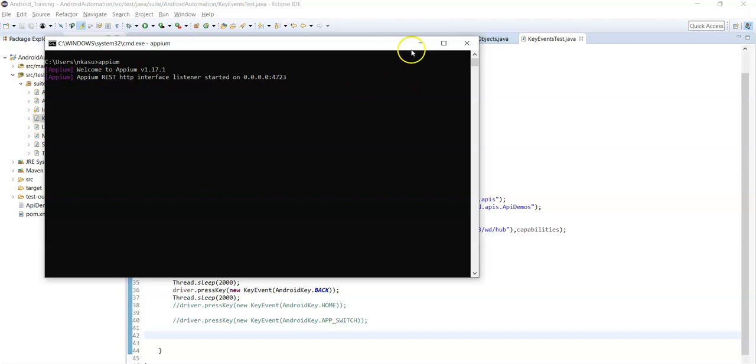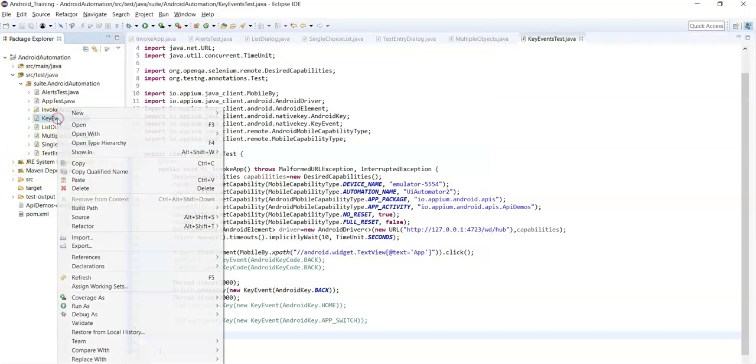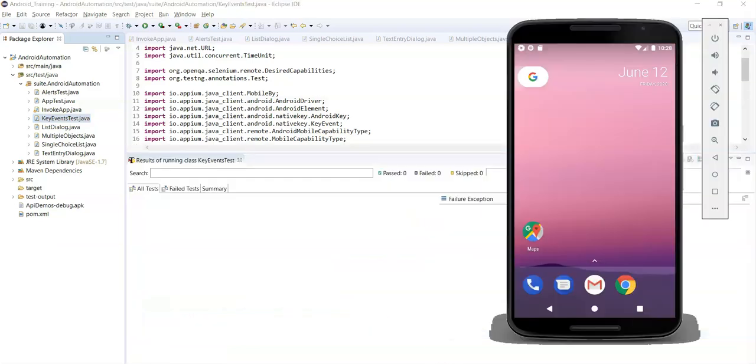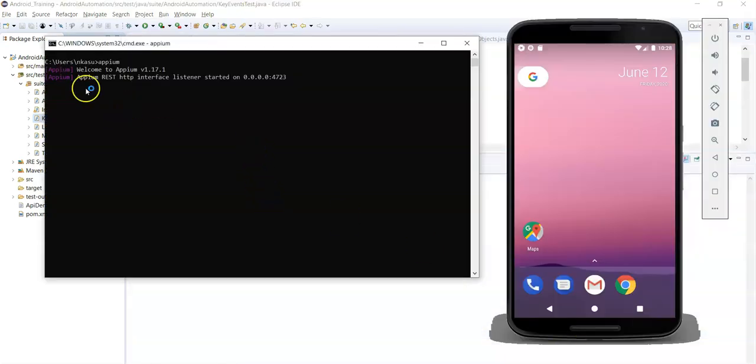Now the Appium server is started. Now run the key events test, run as TestNG test. You can see the logs from the command prompt.